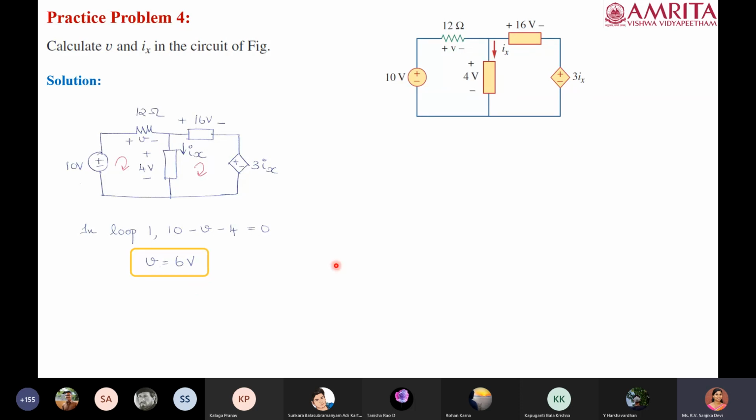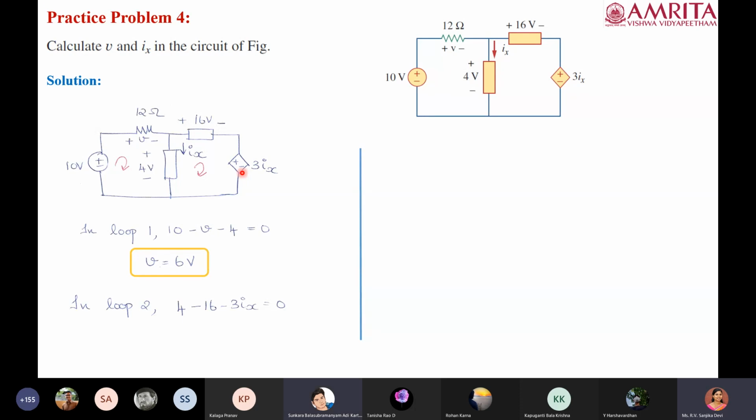Okay. Now, similarly for the second loop, since all the voltages are given, we can go in the direction of this assumed clockwise direction of current. So for loop 2, as per this direction, for this particular element, we are coming out of the positive terminal, so it is plus 4. For the next element, we are coming out of the negative terminal, so minus 16. And for the third element, we are coming out of the negative terminal, so it is minus 3ix. Okay, minus 3ix. So what is ix? We have a single equation with a single unknown, so directly we can solve it.